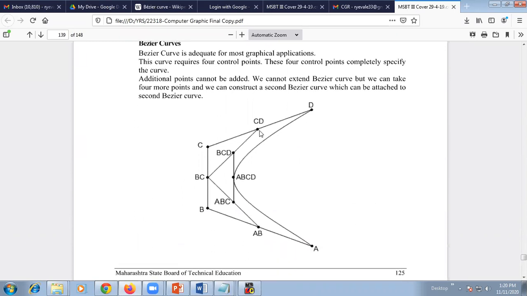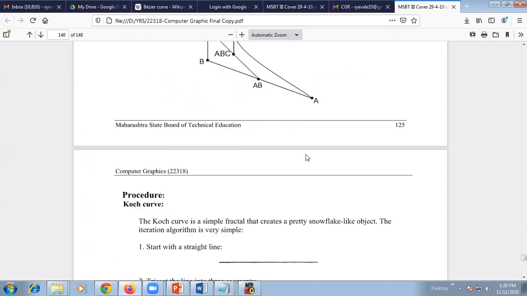We cannot add a fifth point to control that curve. If we want to extend the curve, we need to extend from point D or point A, but after extending we need to add again 4 control points to handle that curve. That is the basic meaning of a Bezier curve.